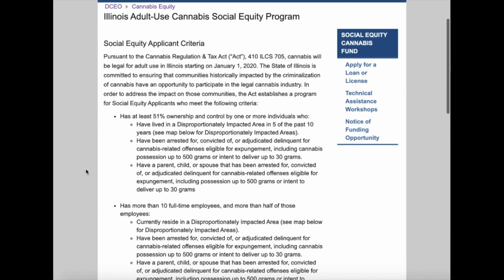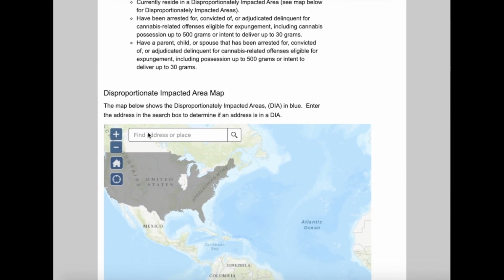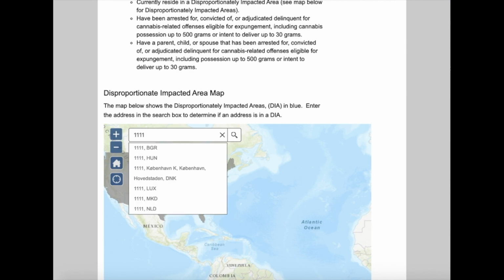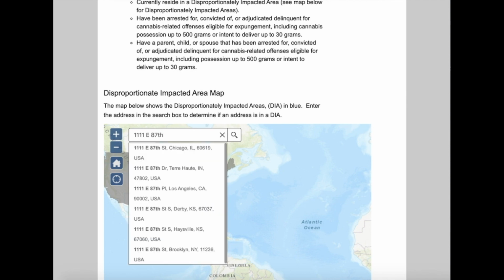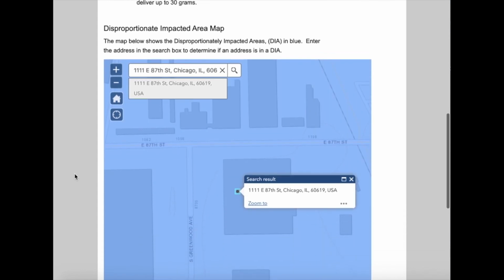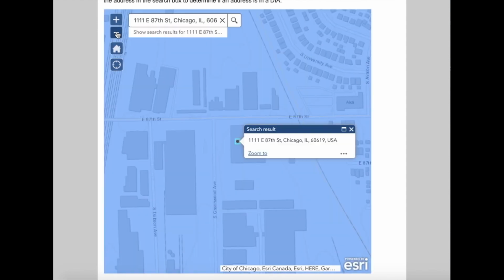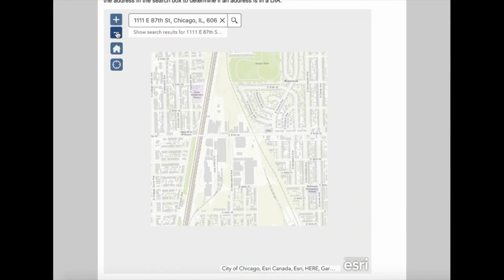If you scroll down, you will be able to find a map in which you can type in the address in Illinois in which you live in order to find out if you qualify as a social equity applicant based on your residence in a disproportionately impacted area. Keep in mind, you must have lived at this location for 5 out of the last 10 years.